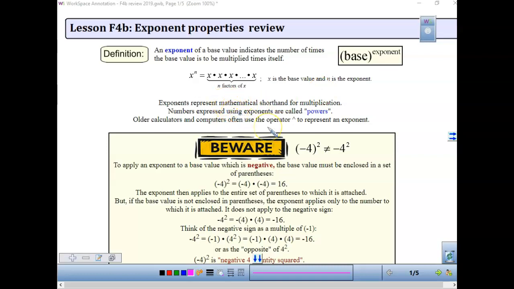Exponents represent mathematical shorthand for multiplication. Numbers expressed using exponents are called powers. Older calculators and computers use that caret key to represent the exponent. And I know on some of your calculators, I would make sure whichever calculator you are prepared with to take your quiz, and I think we let you use